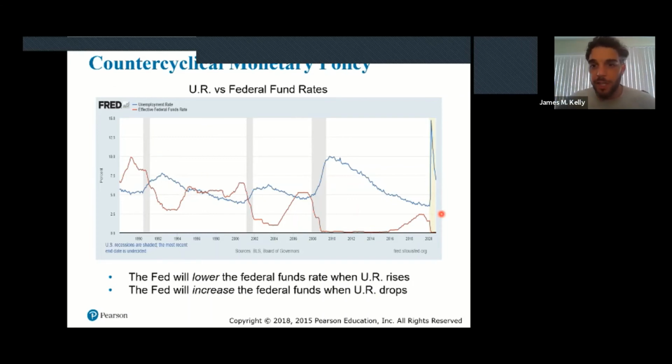Okay, currently we see that coming out of the Great Recession, the federal funds rate was held low for a relatively long period of time. The unemployment rate was still relatively high during that period, peaking at about 10% while dropping down to about 5% before we started seeing increases in the federal funds rate. But you see that the interest rates were relatively low for a long time.